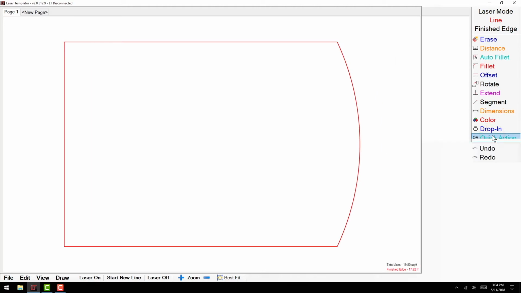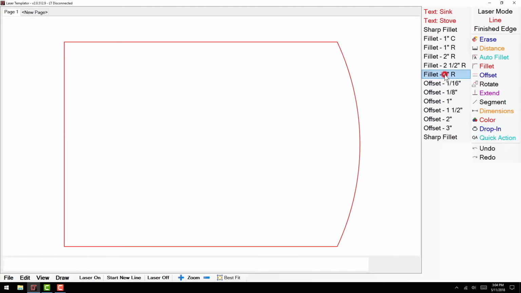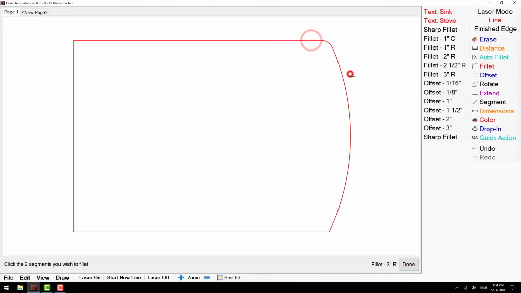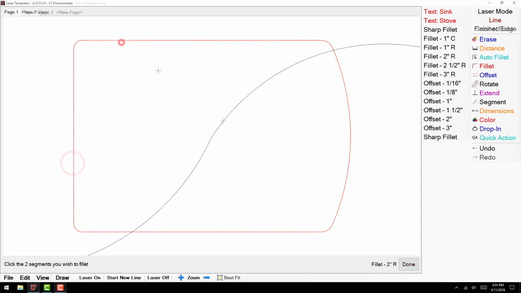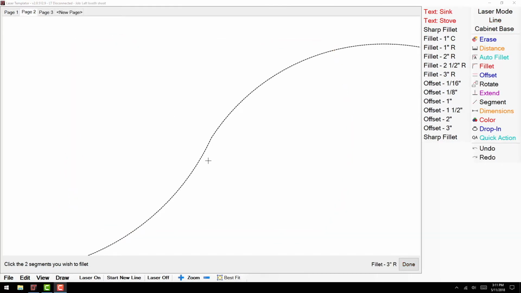In certain situations, you may not get a smooth transition from a line to arc or arc to arc. In many cases, you can fillet a radius to smooth out the transition. It is best to try this function before templating your first formal job to get comfortable with the various looks of the radius options. Once you are comfortable with fillet, you can also access some preloaded fillet functions from the